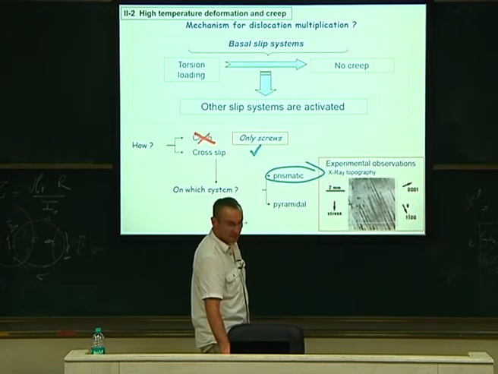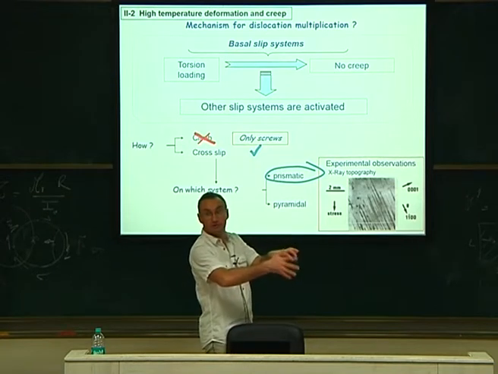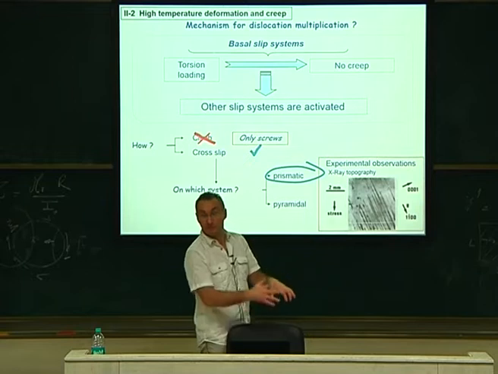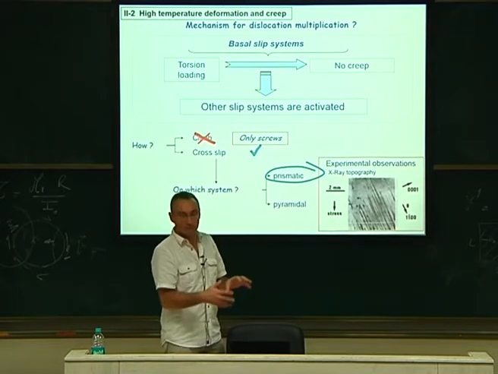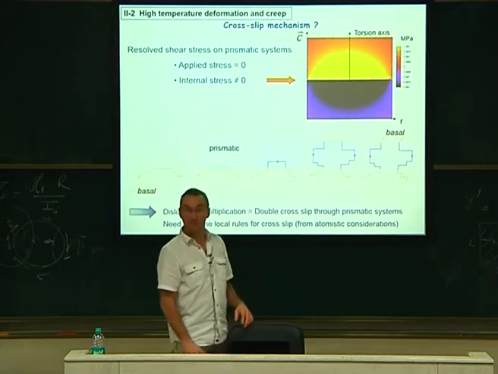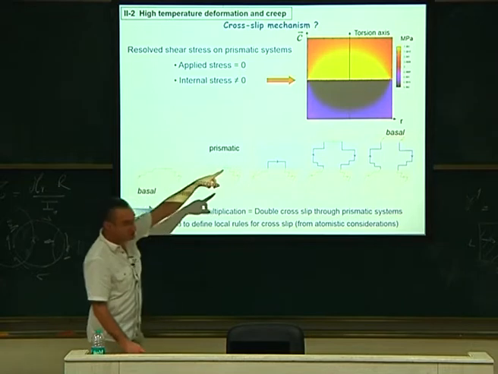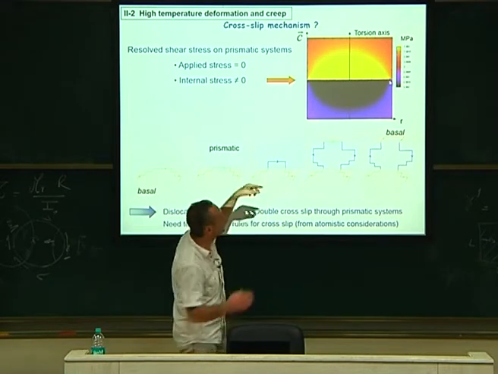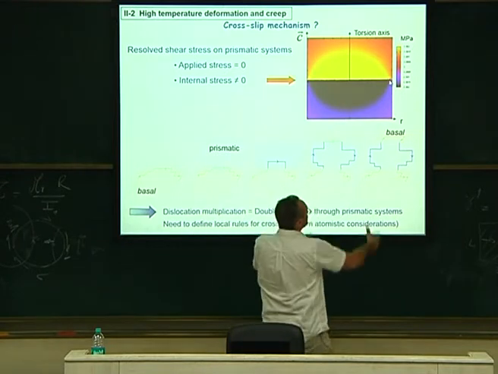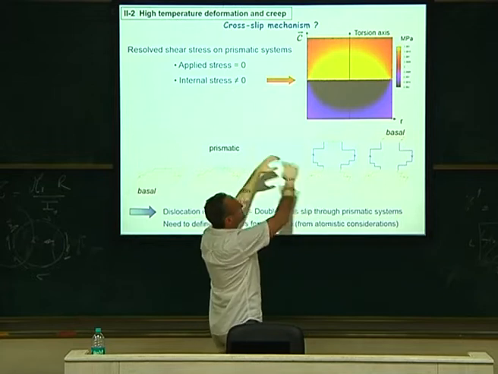So let's say prismatic is possible, although it is not loaded. The torsion does not apply. It's perpendicular to the plane, so usually there is no shear stress here. So it's not loaded, but it may happen just because of internal stress. If you look at the stress, this is my dislocation. This is a view of the torsion specimen. This is the plane where the dislocations were located, and this is the twist boundary.